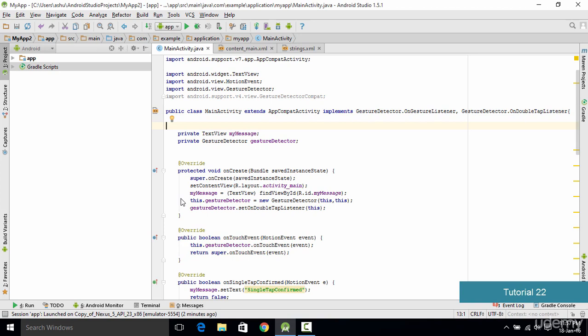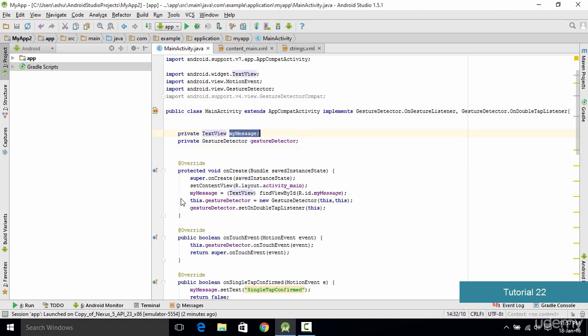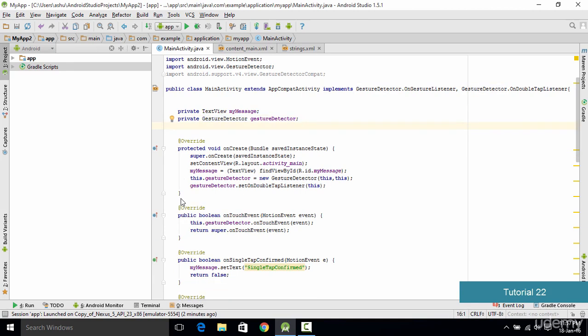For example, as in this case we wanted to detect gestures, we used the GestureDetector, and inside it we used the OnGestureListener. This is basically an event handler for gestures, and we also used the OnDoubleTapListener so as to detect the double tap. The next thing we did was create a TextView for my message, and we created a GestureDetector. Then, as this was showing an error, because we had used implements but had not implemented the methods inside it,